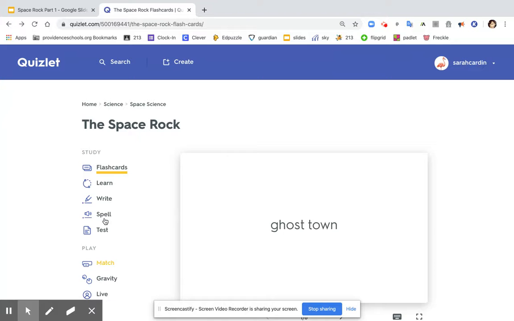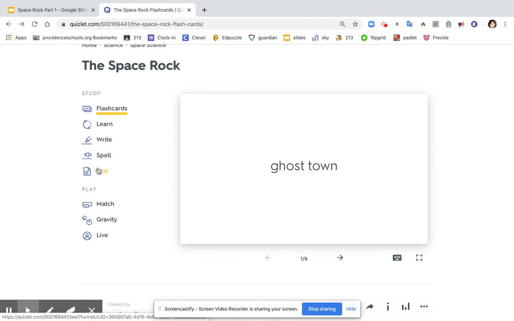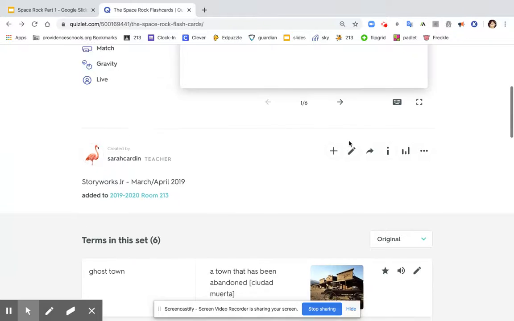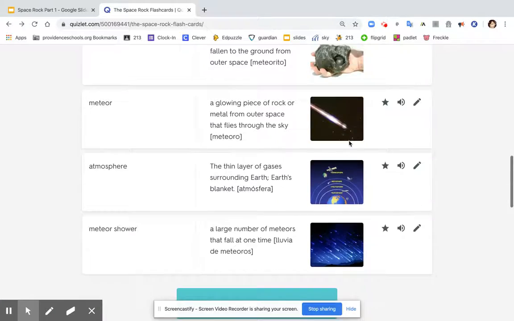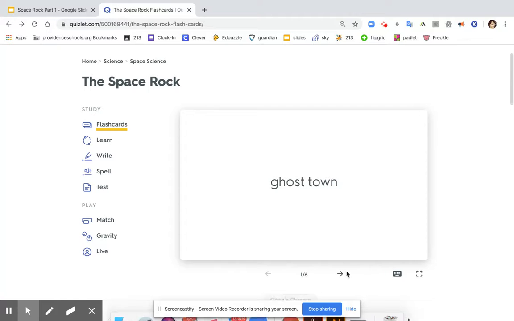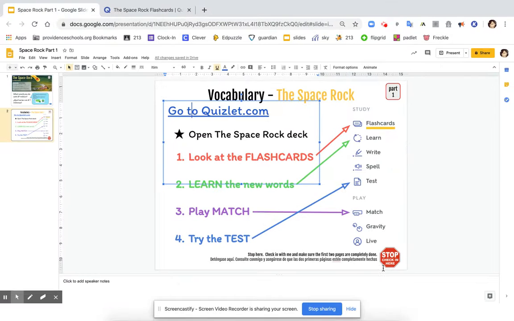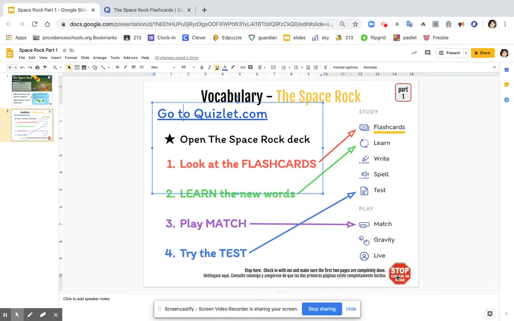Then you can skip the other items here. You can do them for fun. Last is Match. And then if you think you're ready for the test, you can go into the test. And if you score a 90 or 100 on the test, then you won't have to be tested on them again. So that's nice. Once those 2 parts are done, it says stop, check in here.